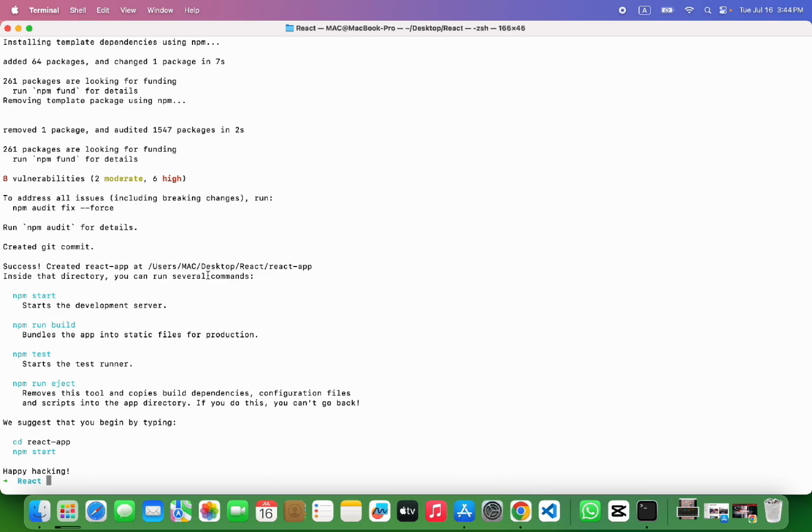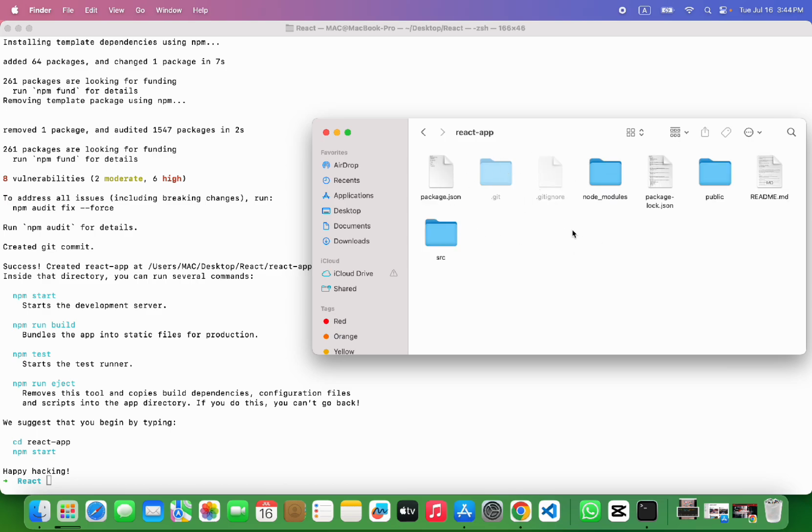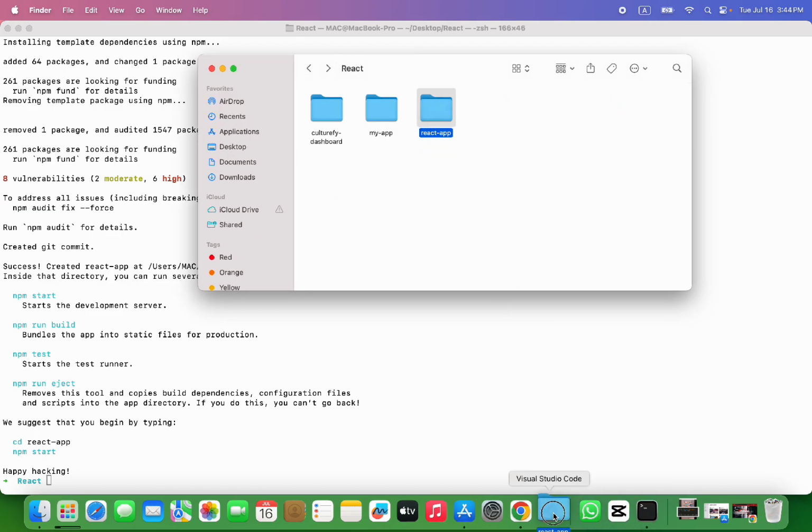Hey guys, so you can see here my React app is created and these are all the dependencies and the folders we need to start our React app. Now I'm opening this folder in Visual Studio Code for editing our app.